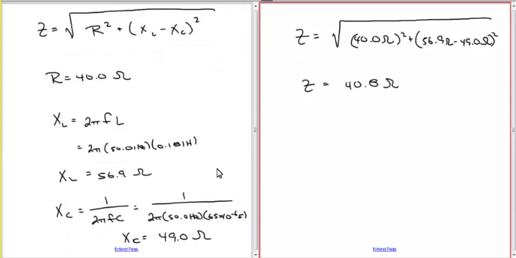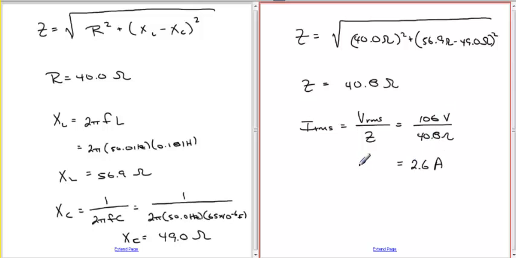Okay, 49, 41, okay, everything looks good. So now what we're going to do is find the RMS current, which is equal to the RMS voltage divided by the impedance. The RMS voltage was 106 volts. Our impedance is 40.8 ohms. And when you divide that out, 106 divided by 40.8, which is